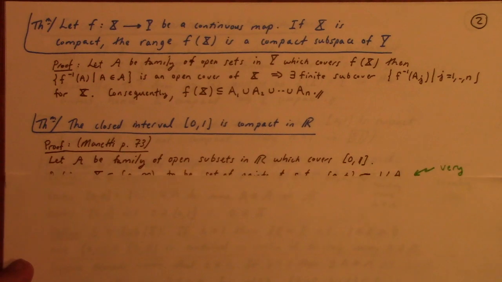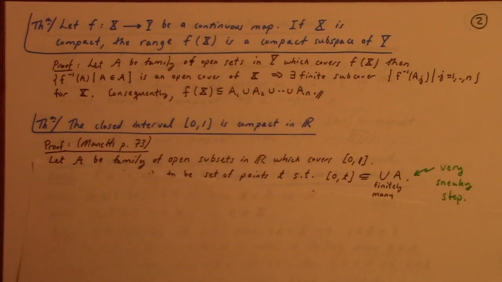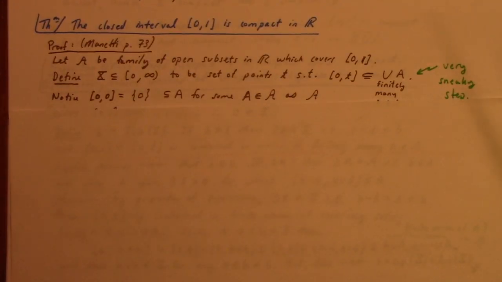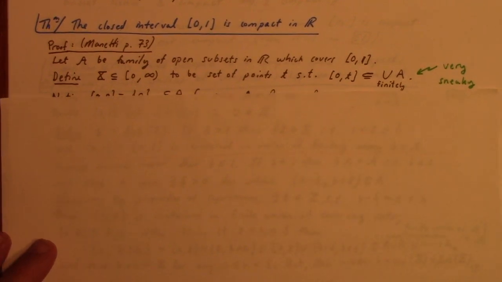Okay. Of course, you could have the situation where F is not onto, right? You could have that the range is like 0 to 1, but the codomain is like all of R. That could happen. So just because the range is compact doesn't mean that the codomain is compact for sure. The closed interval 0 to 1 is compact in R. Now,